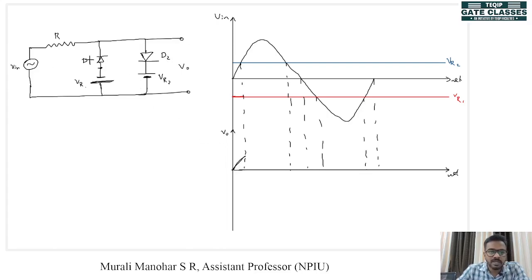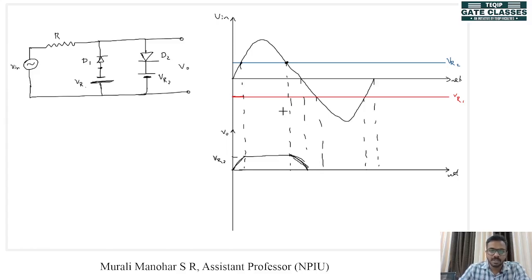And when Vin reaches VR2, what happens? The anode voltage of diode D2 is now equal to VR2, which is the cathode voltage. So diode will start conducting because it is an ideal diode. It conducts at zero bias, and output will be equal to VR2 because diode will act as a short circuit. Again, after this point, sine wave is less than VR2, and we will get the rest of the output as sine wave,